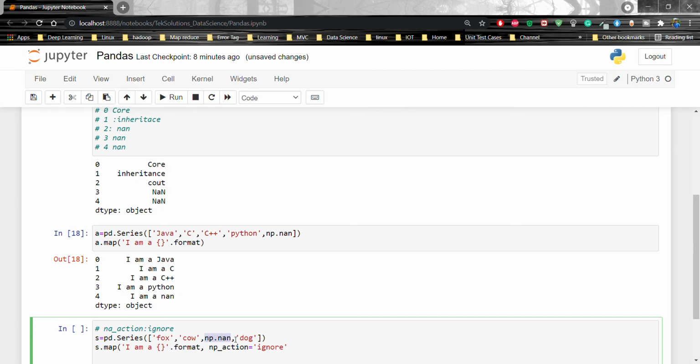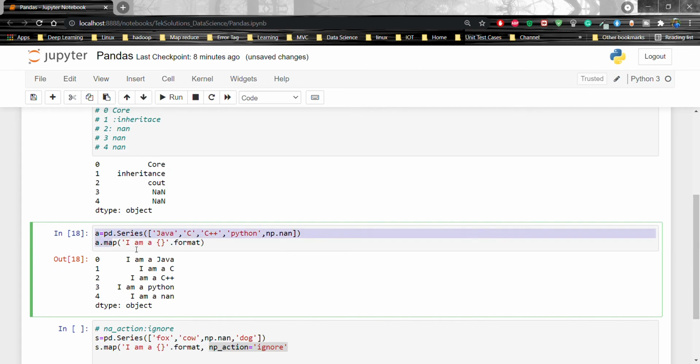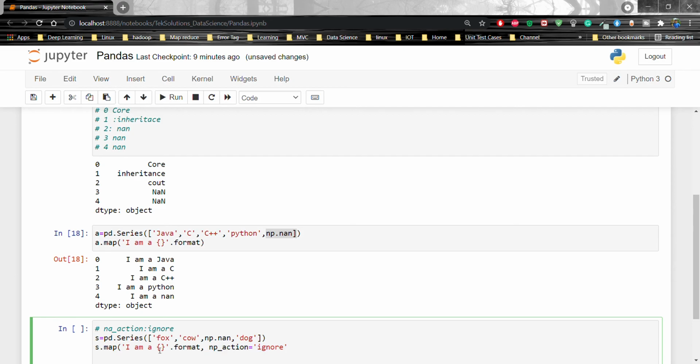For this NaN, it is going to be ignored. When we don't pass anything, the default value of na_action is None, so the placeholder and format give 'I am a NaN'. Since NaN is not a number, for that we use ignore. So the output will be 'I am a fox', 'I am a cow', and NaN, instead of 'I am a NaN', and then 'I am a dog'.